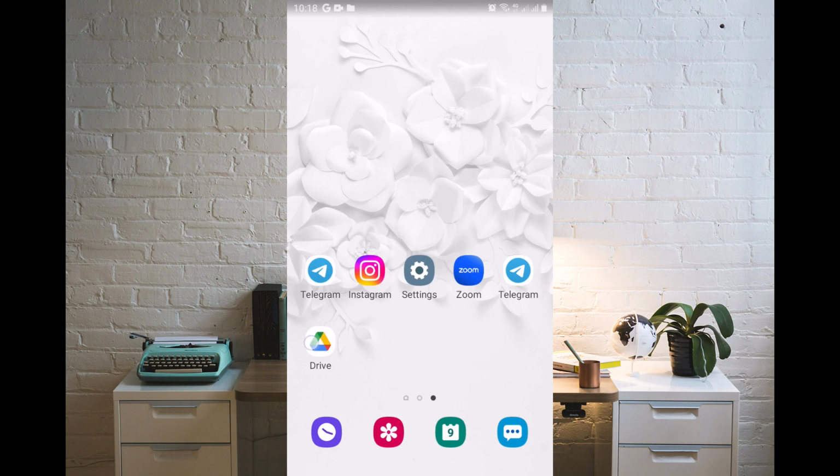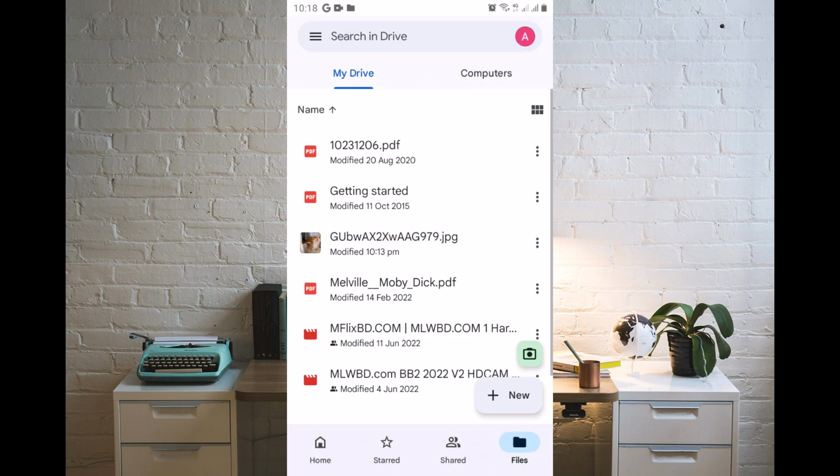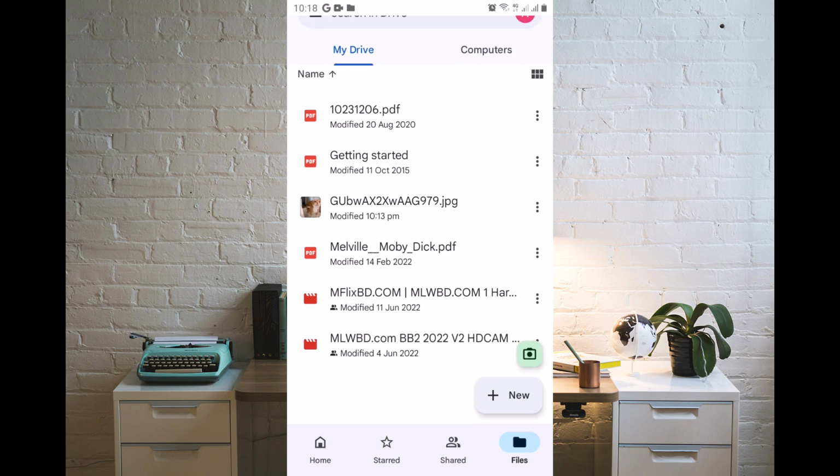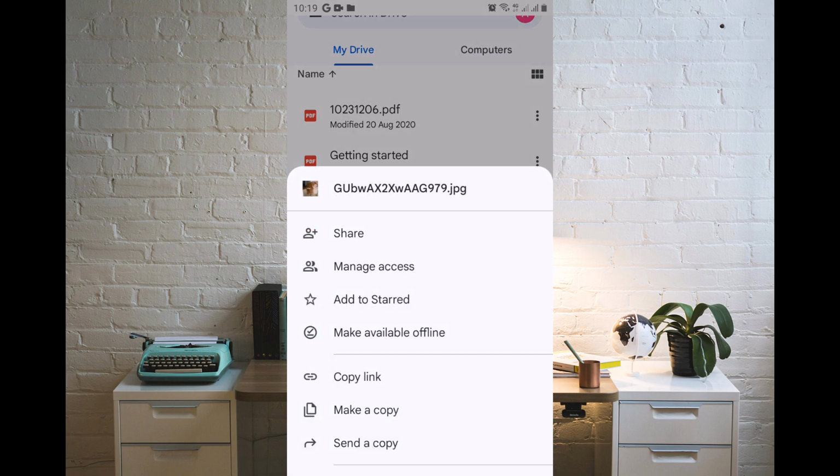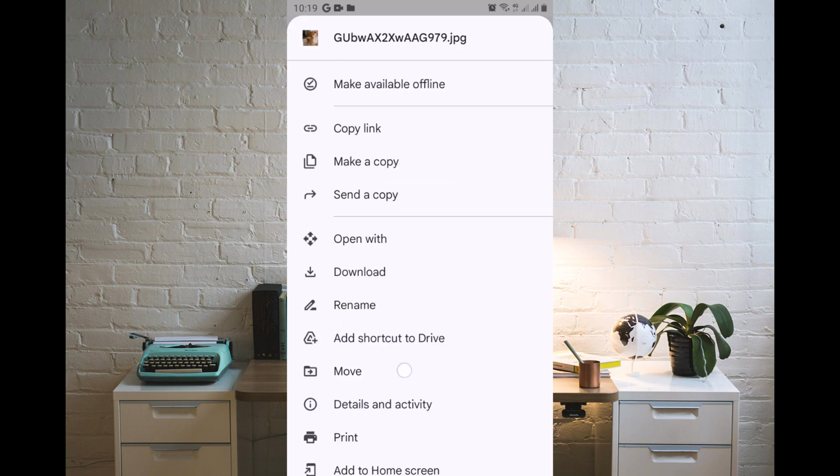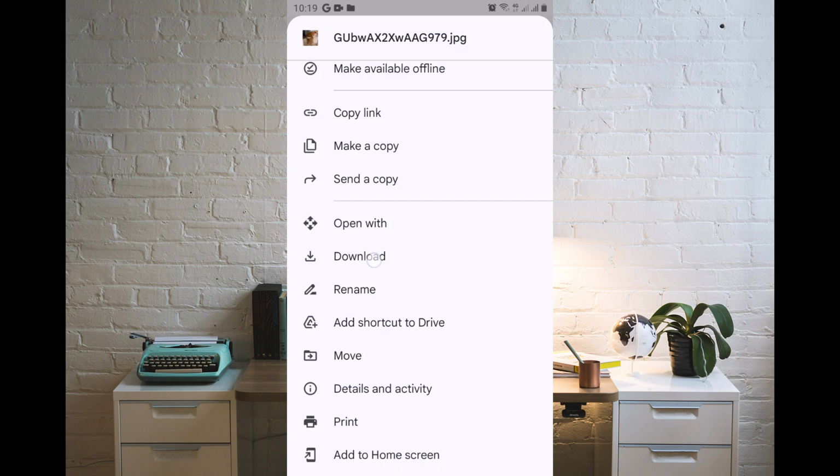Open up your Google Drive. Once you're there, click on the photo you want. If you have already got that photo, then click on the three dots. Then you can see several options, but you need to download it. So scroll down. Once you found the download option, click on the download